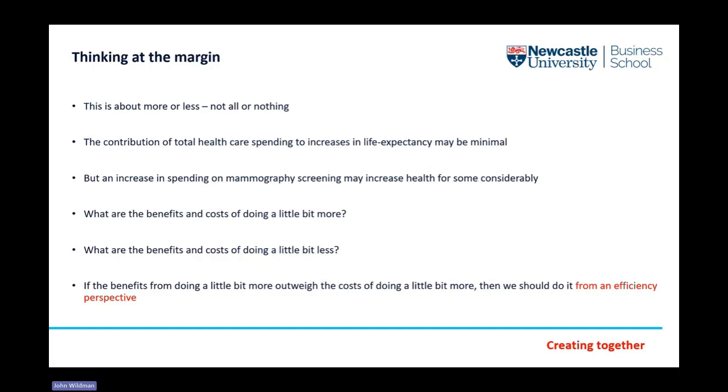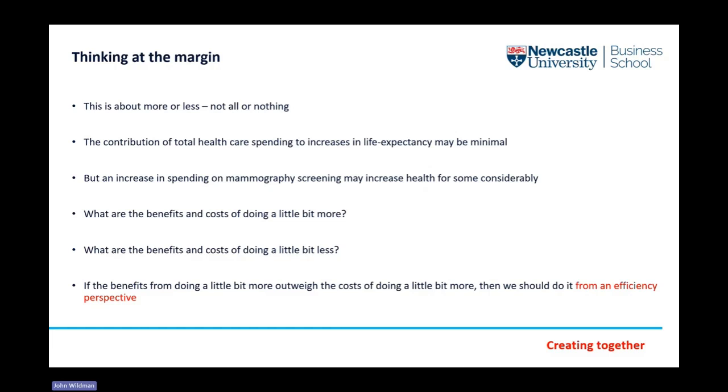The classic example, and the one I always like to use in healthcare, comes from the historical epidemiology literature, which is basically that spending on healthcare, in terms of its total effect on life expectancy, is minimal. It's had barely any impact. Vaccinations, barely any impact on our improvements in life expectancy. Most gains in life expectancy occurred before any particularly significant spending in healthcare happened. That's not to say that spending on healthcare is not important. An increase in spending on, as I say, screening here may increase the health for some individuals considerably. So at the margin, something could be very important. In total, it may seem unimportant.